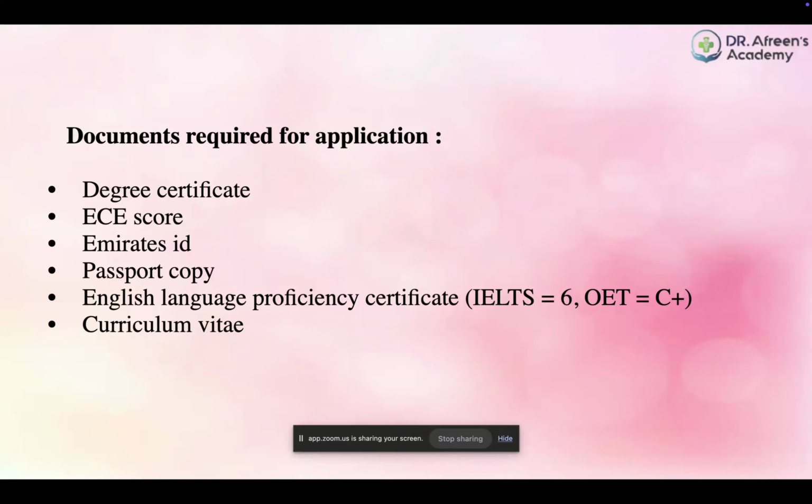Since this is a mandatory criterion for DHA and MBRU, but EHS and DOH do not really need it, it's not a mandatory criterion for DOH. So for MBRU, since the applications are opening this month, ECE needs to be ready. You will have to start right away, because the process takes at least 3 to 4 weeks for them to receive your physical copies and to convert your GPA or transcript into an ECE report.